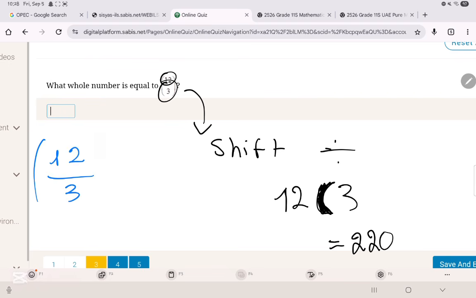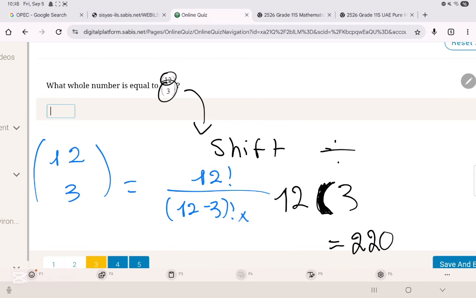Now, of course, if you want to double check your answers, you can apply the combination rule. So it's going to be 12 combination 3, which is 12 factorial over 12 minus 3 factorial times 3 factorial. So put it on the calculator. Please do not forget the brackets. Very important to put the brackets. Okay, times 3 factorial, and you will also get an answer of